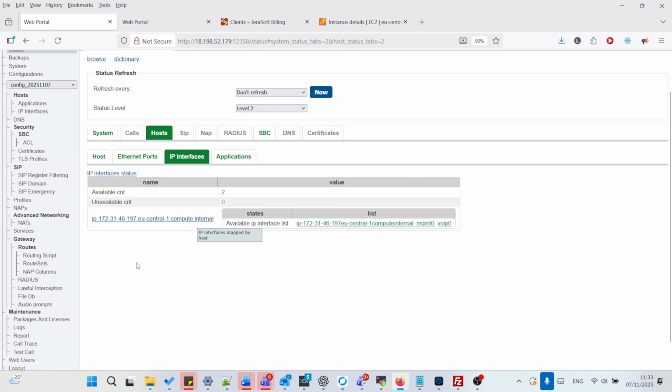Okay. So in order to set the SIP configuration, as you're doing inbound SIP, which is representing your customers, and then